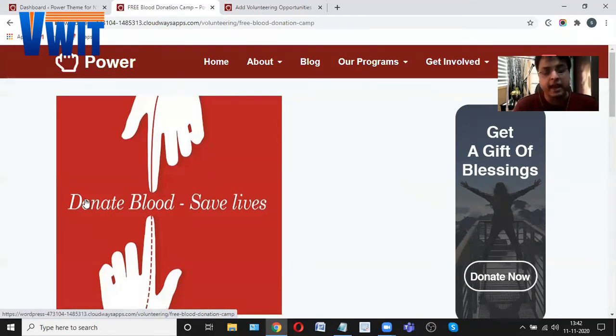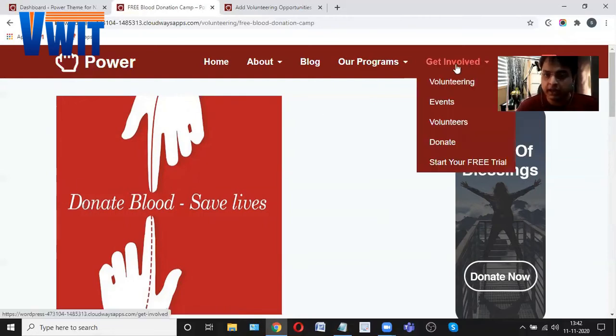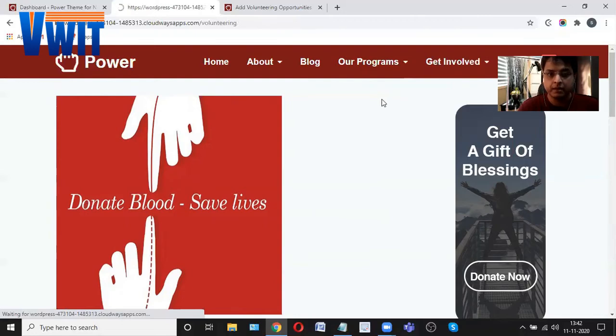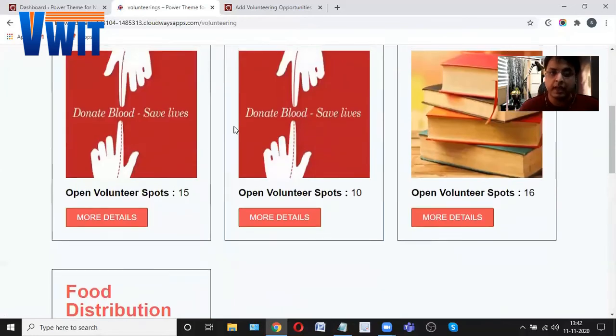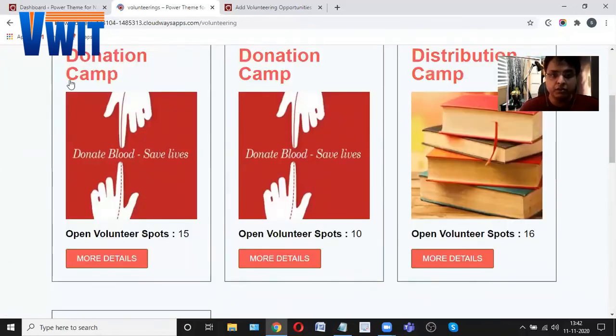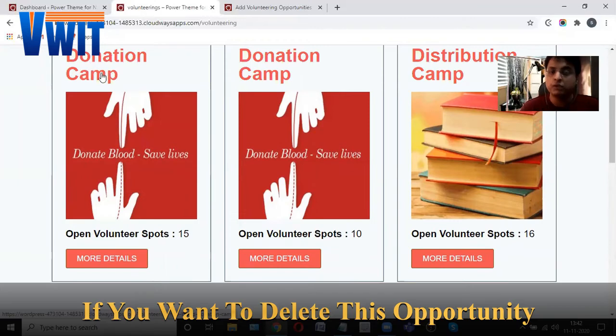And there is another way from which you can check whether the new volunteering opportunity has been created or not. You will simply have to navigate to the Get Involved button and check for the volunteering option. If you click on the volunteering option, you can find the same page which shows all the existing volunteering opportunities like this. And if for any reason you want to delete this volunteering opportunity, what you will have to do,